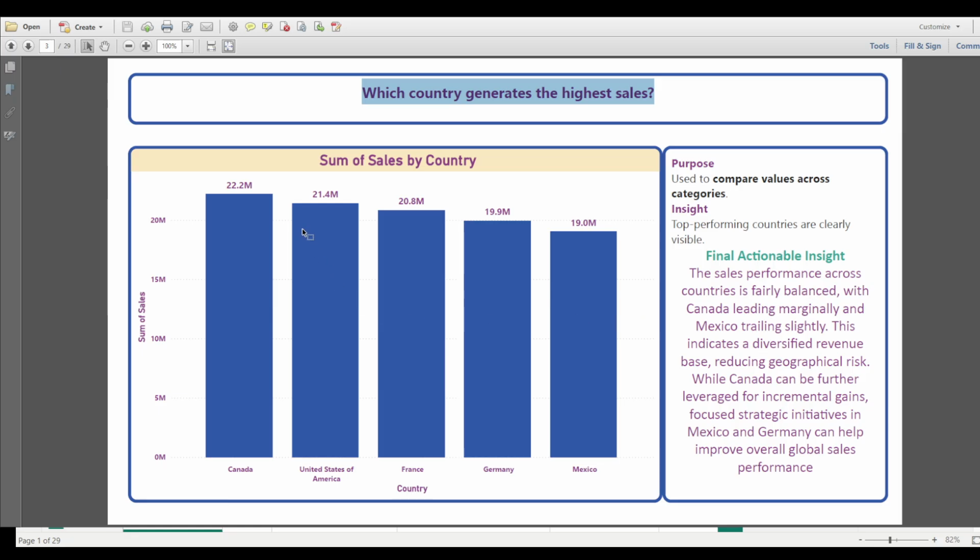The sales performance across all the countries is very much balanced, whereas Canada is leading by a very nominal, or you can say marginal, difference between Canada and Mexico. Anytime Mexico can generate higher sales, so we have to look into what strategy we will be focusing on, so that either Canada is doing exponentially good, or Mexico can see what strategies other countries are following, if there is a little difference, and they can improve their performance.